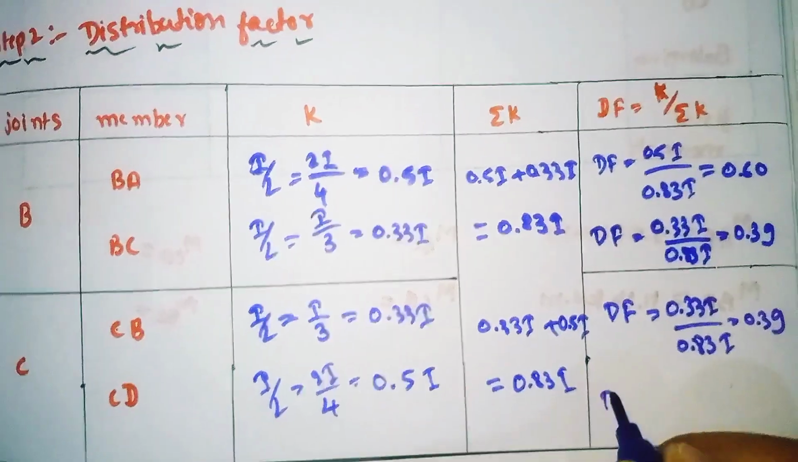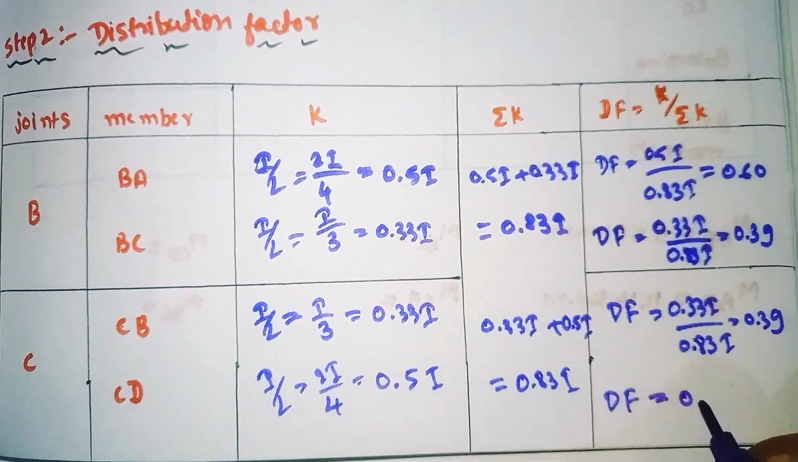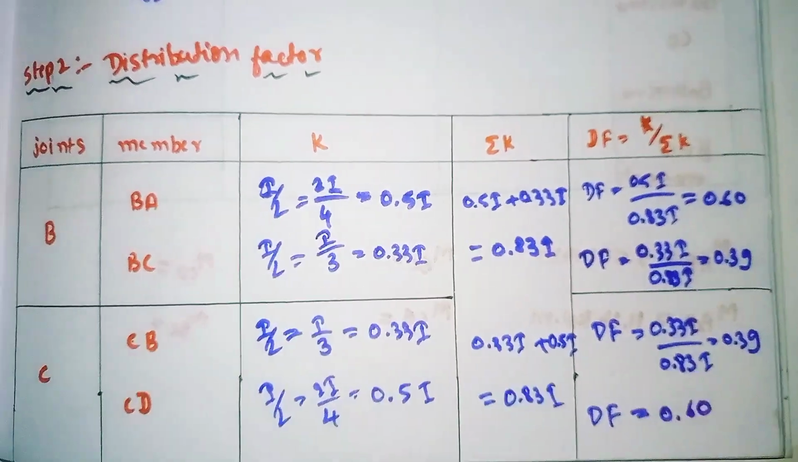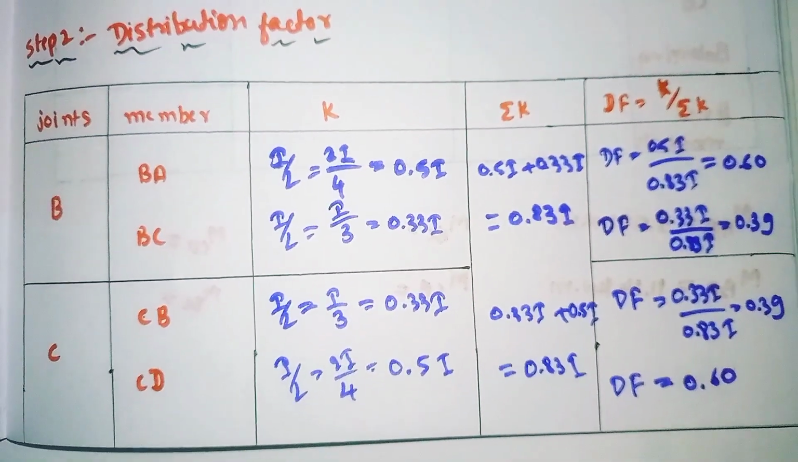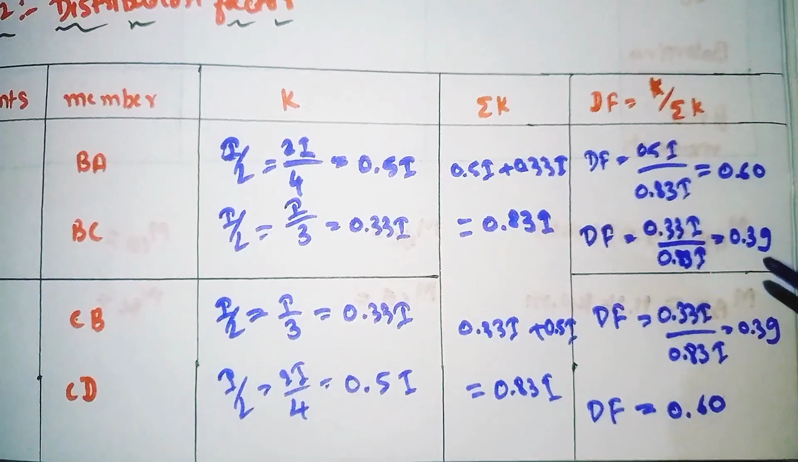Same value here and here. For the other DF you have already calculated, so it will come out as 0.60. So this is the DF. So next step is to calculate the moment distribution. Before going to the moment